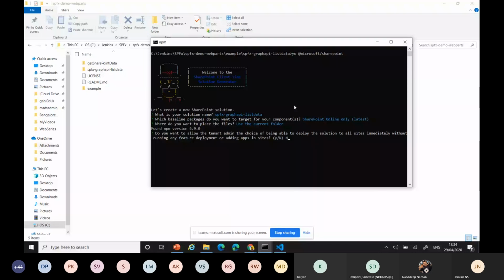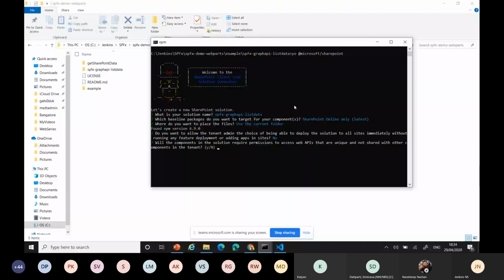You can decide while deploying whether you want to deploy at the tenant level or at the site level. The user can add from the sites. Here the second question, right? Every time you say people use, no. This one is the isolated web part.